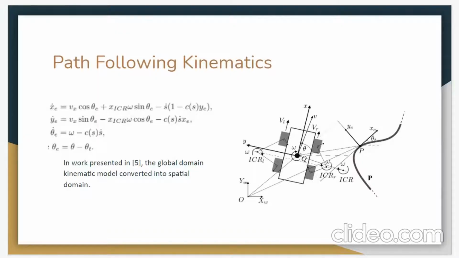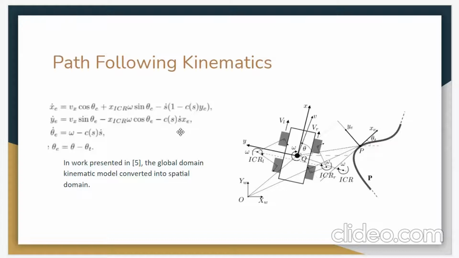In addition to time domain formulation, spatial domain formulation was also developed. This kind of formulation is also called path following. In path following, position of mobile robot is defined in frame of virtual vehicle that moves along a predefined path. So position of robot is now defined by error coordinates xe, ye, and theta e, which are decided by these expressions. Here, S is the path curvilinear abscissa, and C of S is curvature of the path,